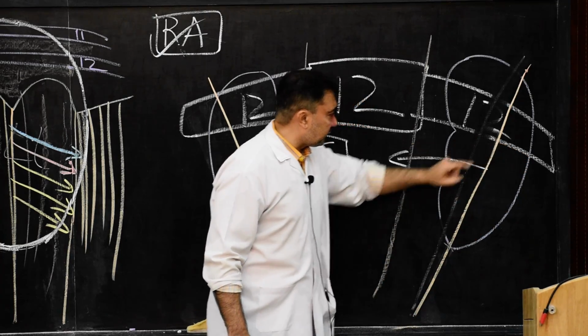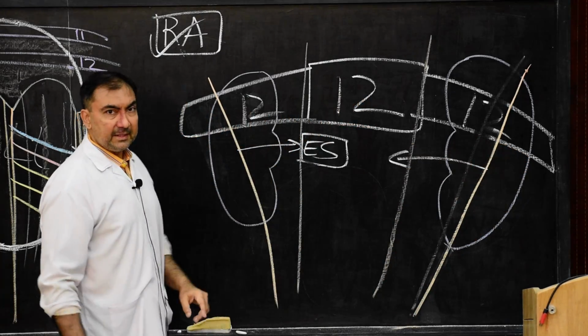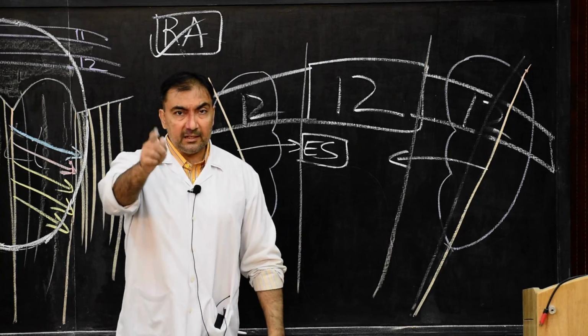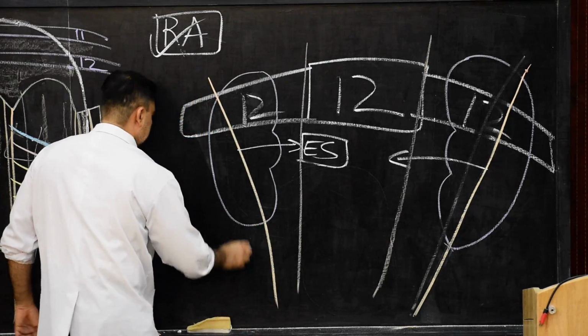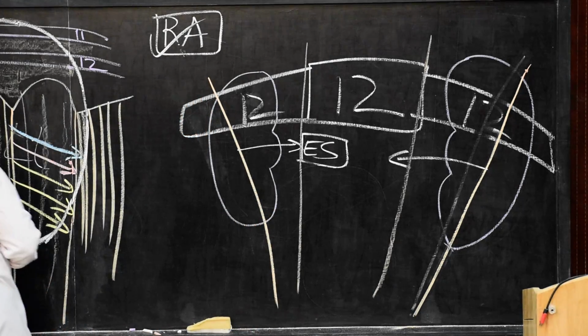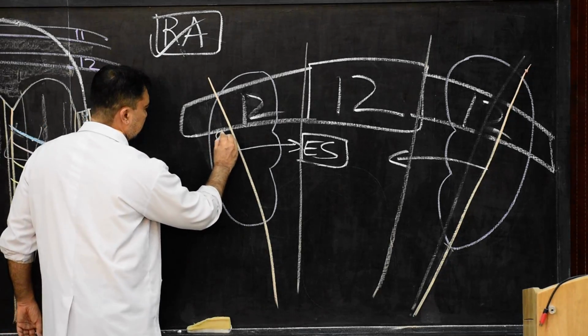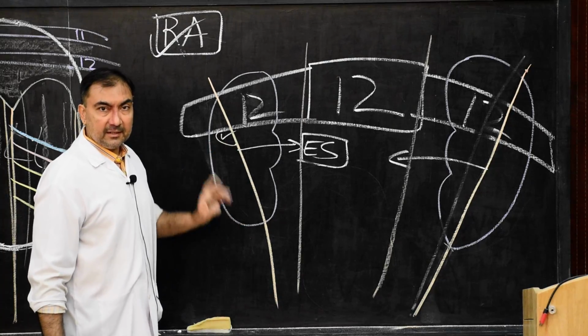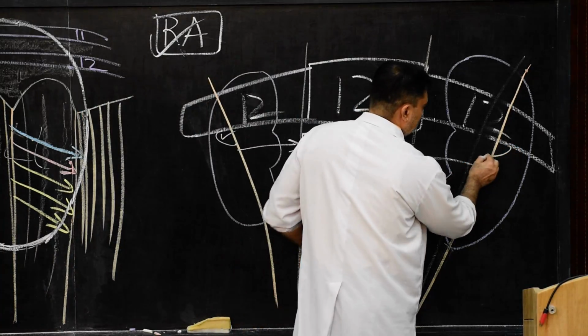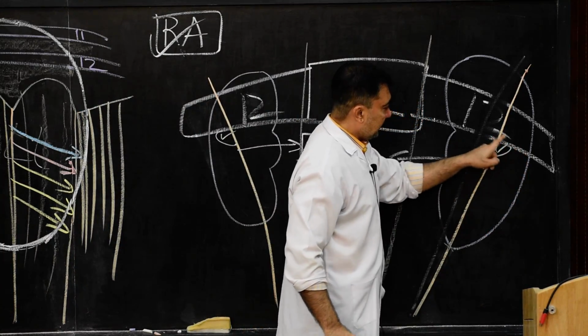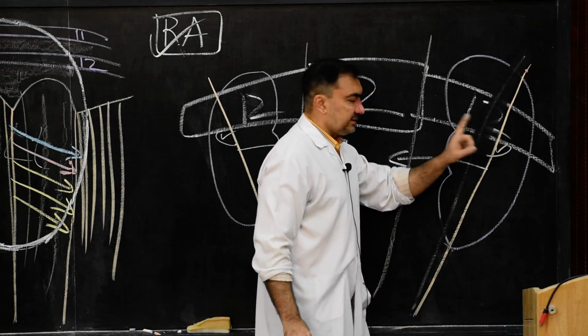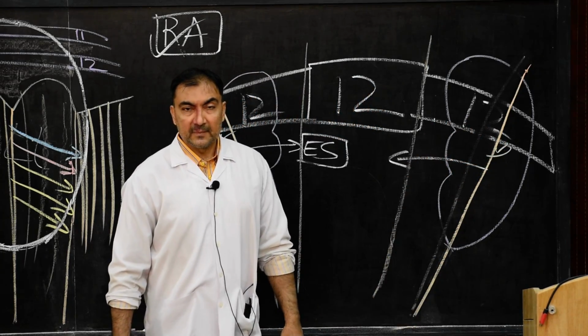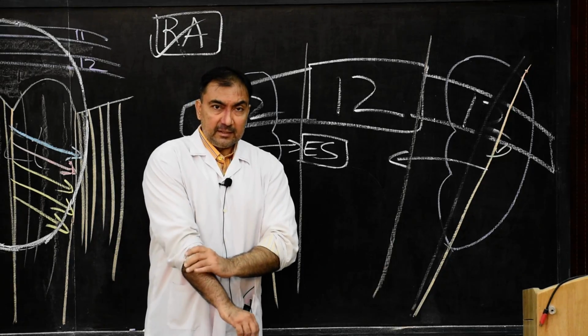This is the lower border of the 12th rib. On either side, the angle produced between the lower border of the 12th rib and the lateral border of erector spinae is called the renal angle. One mark question answer: what is renal angle?